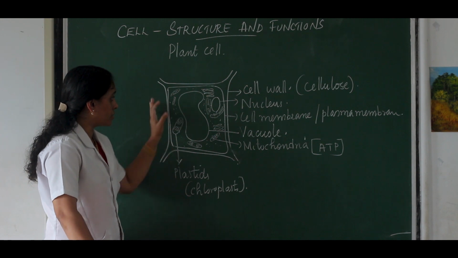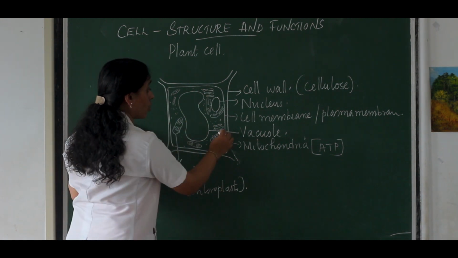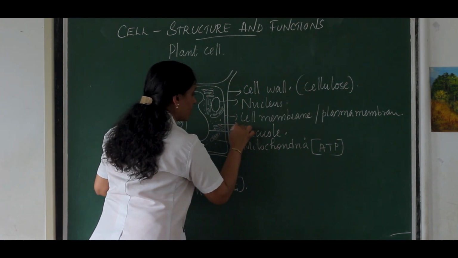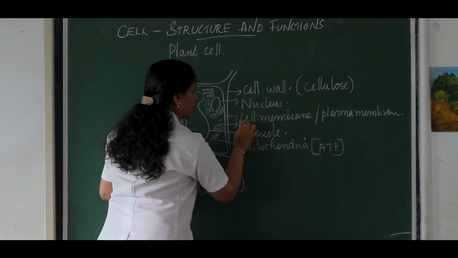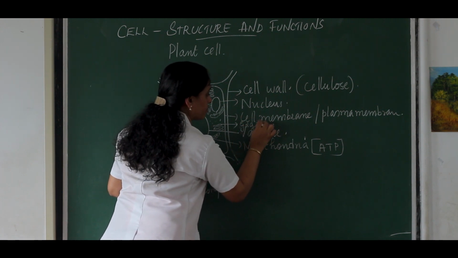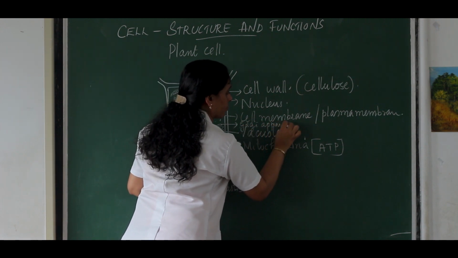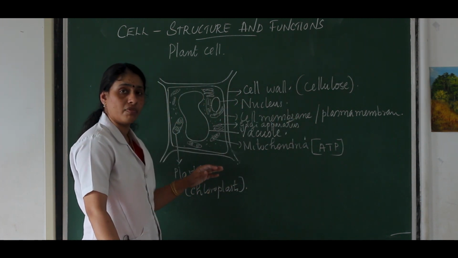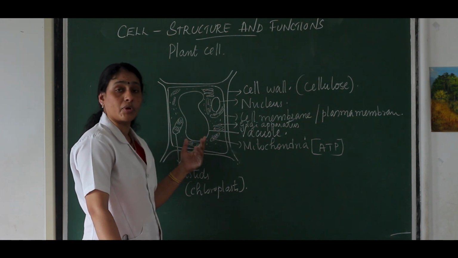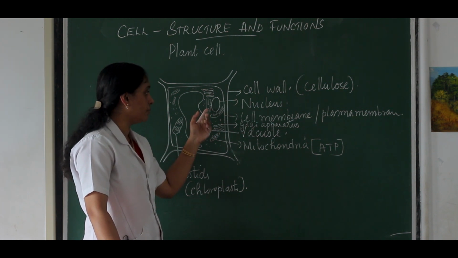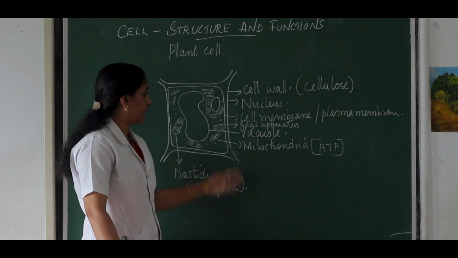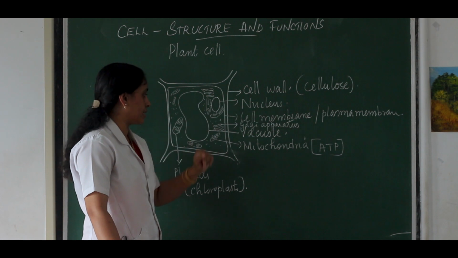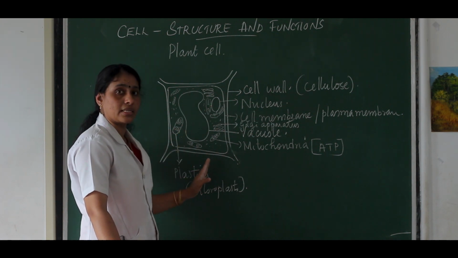Okay, so you have seen so many structures, and again the Golgi apparatus. Same function. It acts in storage, packaging and modification of organic substances called proteins and lipids, which are produced from the endoplasmic reticulum. And you can see the endoplasmic reticulum surrounding the nucleus itself. So these are all about the plant cell.